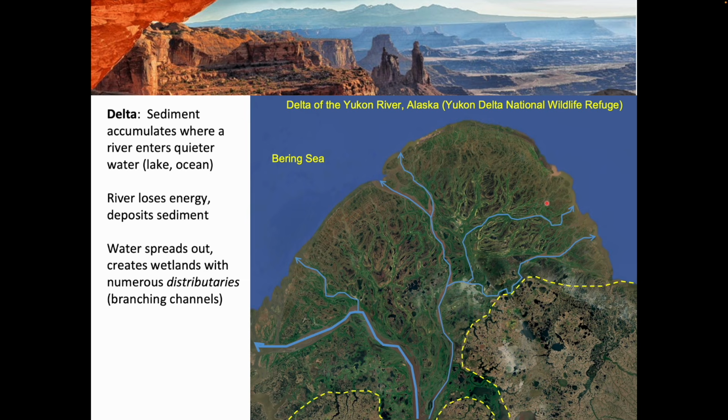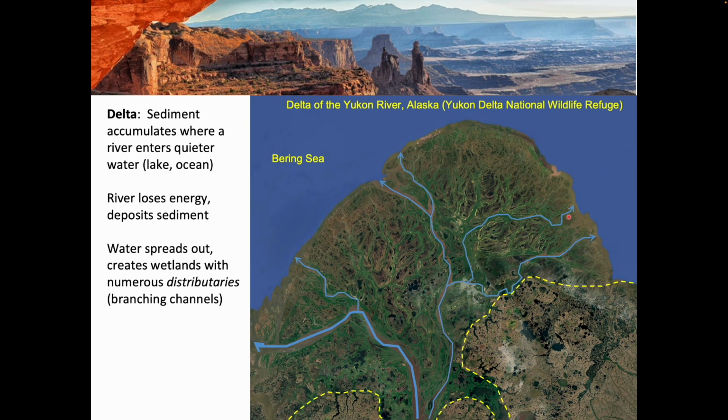They're one of my favorite features, and they occur where sediment accumulates where a river enters quieter water, such as a lake or ocean. As the river reaches that larger body of water, it loses its energy and deposits all of the sediment. As that happens, the water spreads out and creates a large area of wetlands with numerous channels